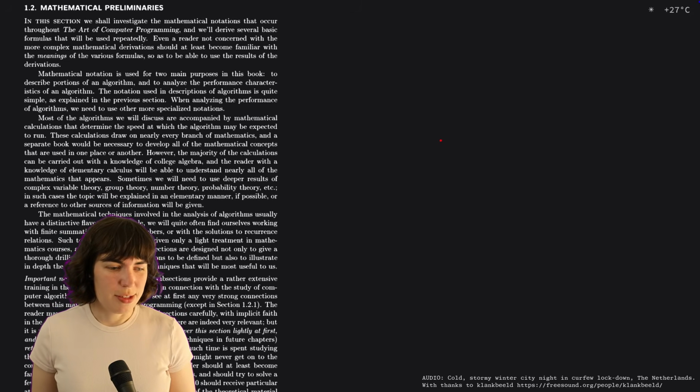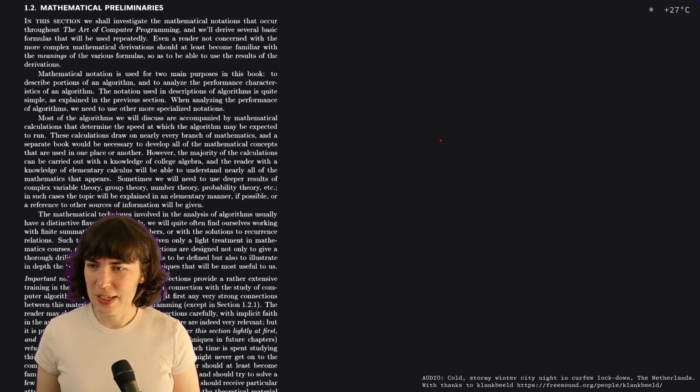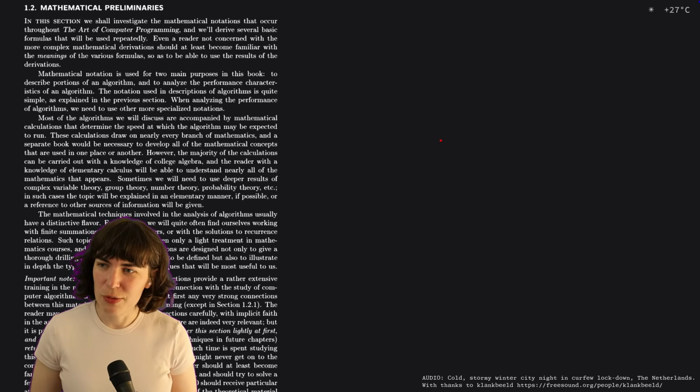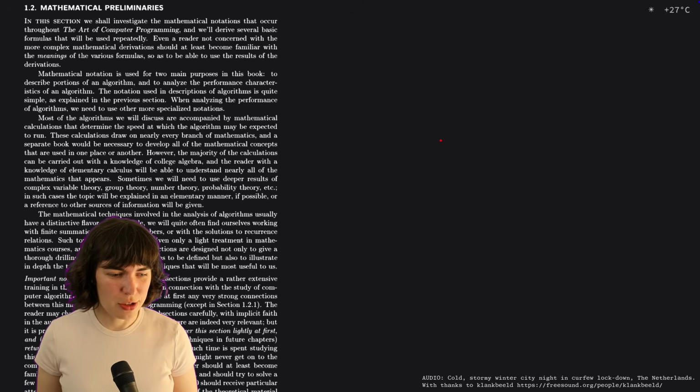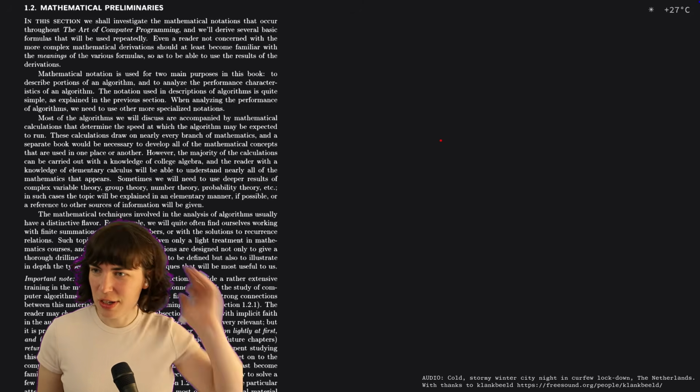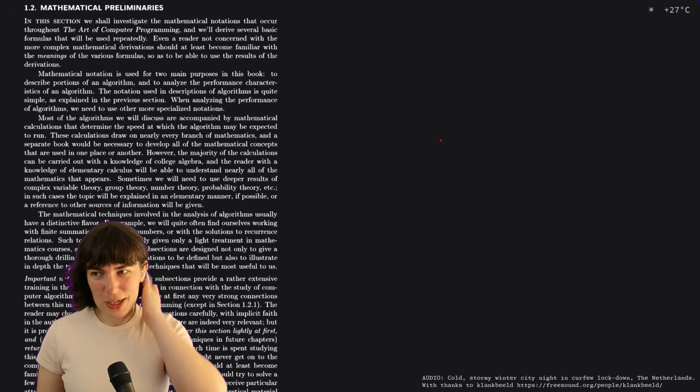Mathematical preliminaries. This is The Art of Computer Programming, by the way. In this section, we shall investigate the mathematical notations that occur throughout The Art of Computer Programming, and we will derive several basic formulas that will be